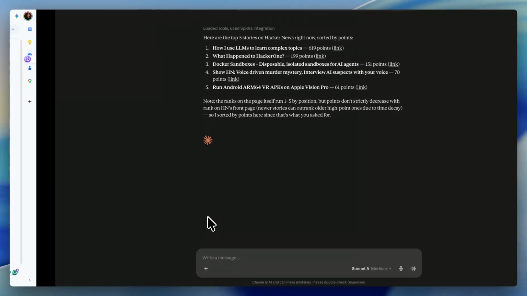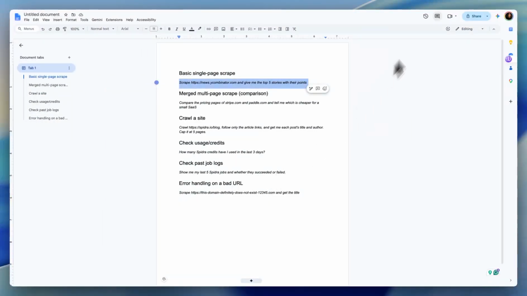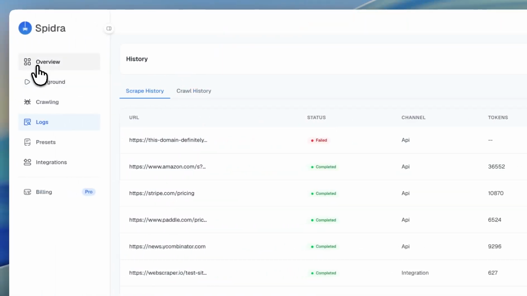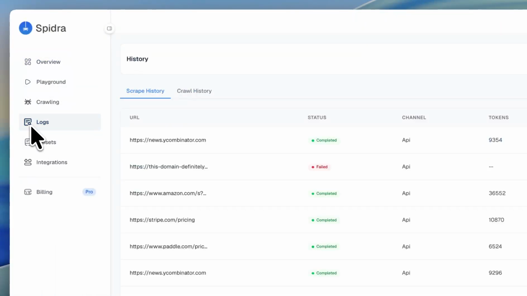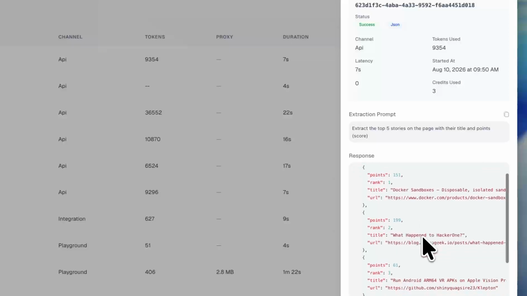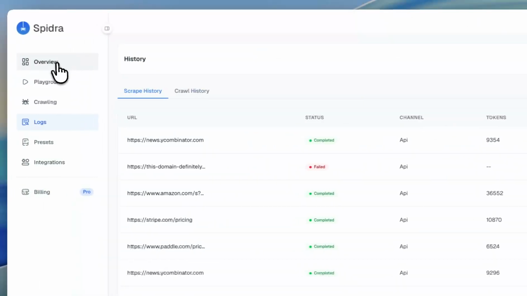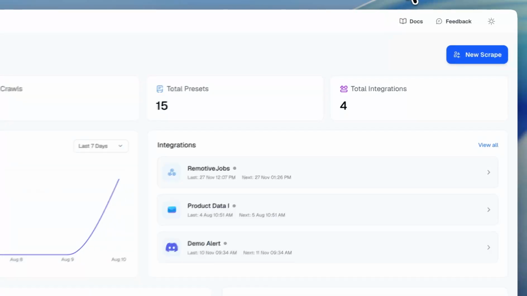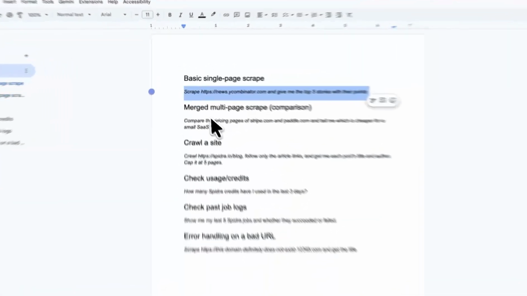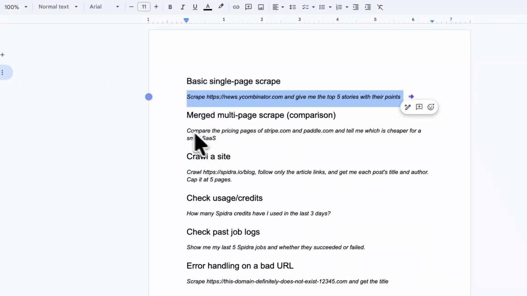And to confirm this, all we have to do is head back to Spidra in our overview, then go to logs, refresh the logs, and if you click on it, you'll be able to see it right here. As you can see, I'm going to close this, go back to overview, then going back to the doc, let's try to perform another action, which is a